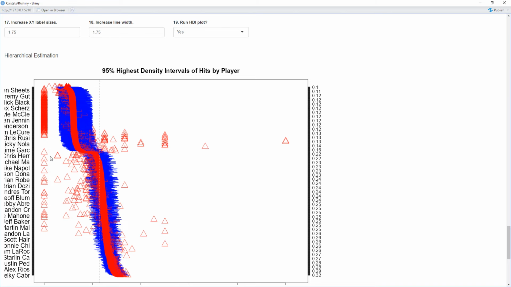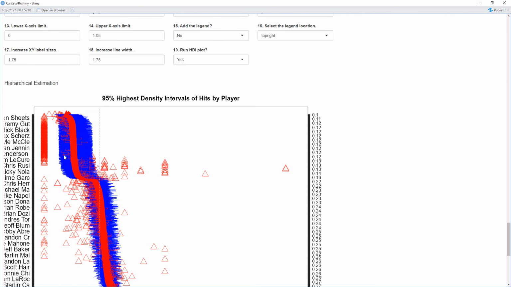The empty or hollow triangles represent what their batting average was in 2012, and then the more solid red triangles, which look like a vertical red curve, that would be what we're seeing sorted. In the middle, those blue lines, it really just looks like a red and blue blob right now. But those are the highest density intervals. A lot of players,